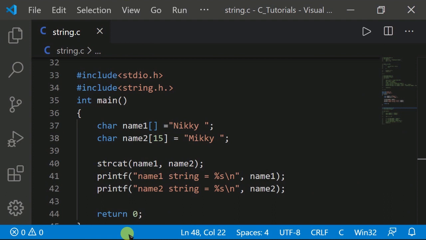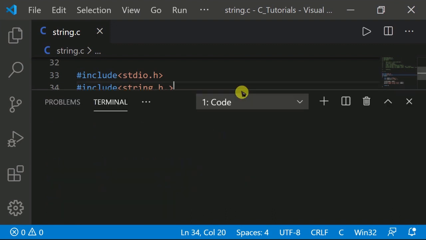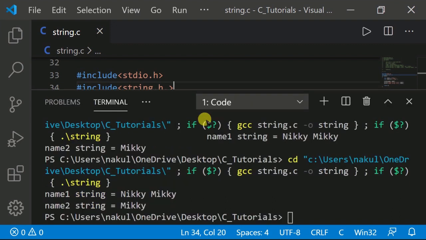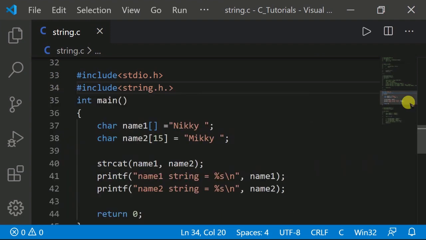As you can see, I've already typed this program because it took some time. Let me explain what is happening. Let me first execute this program. Now you can see string 1 is Nikki Mickey and string 2 is Mickey.